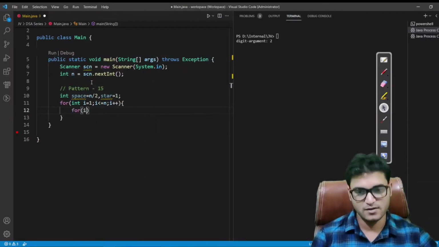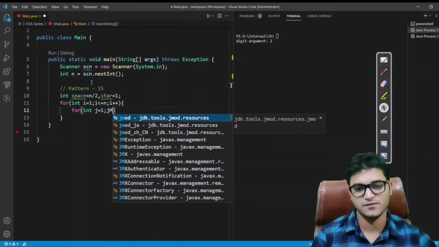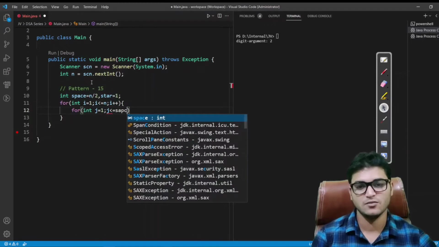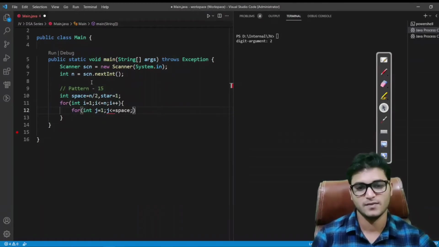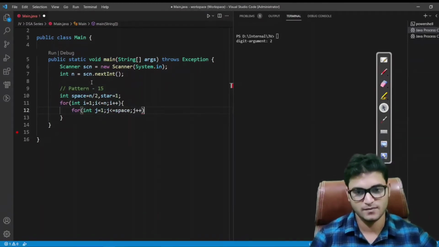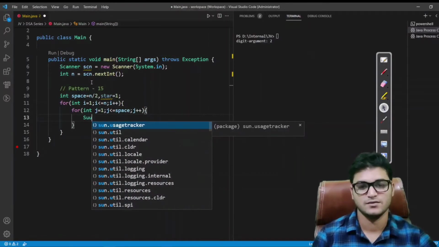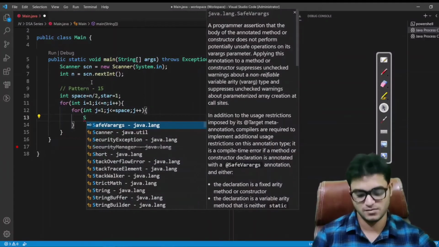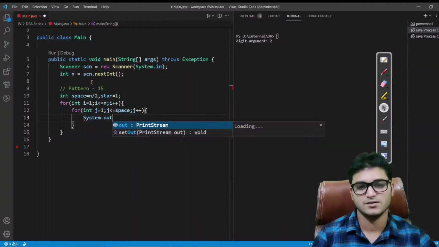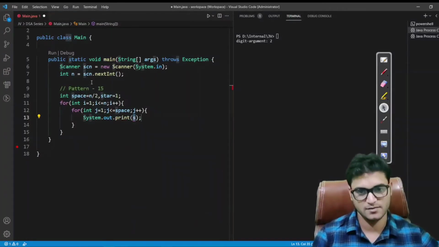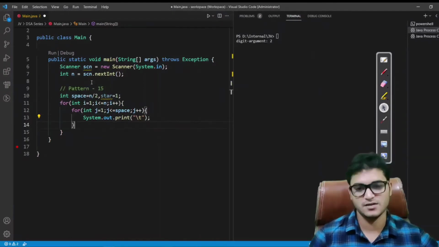I will print the space first, because we have space first in our diamond shape. So I will write a loop till space. In this, System.out.print. We will use the print method, not println, and inside this we will use the \t.